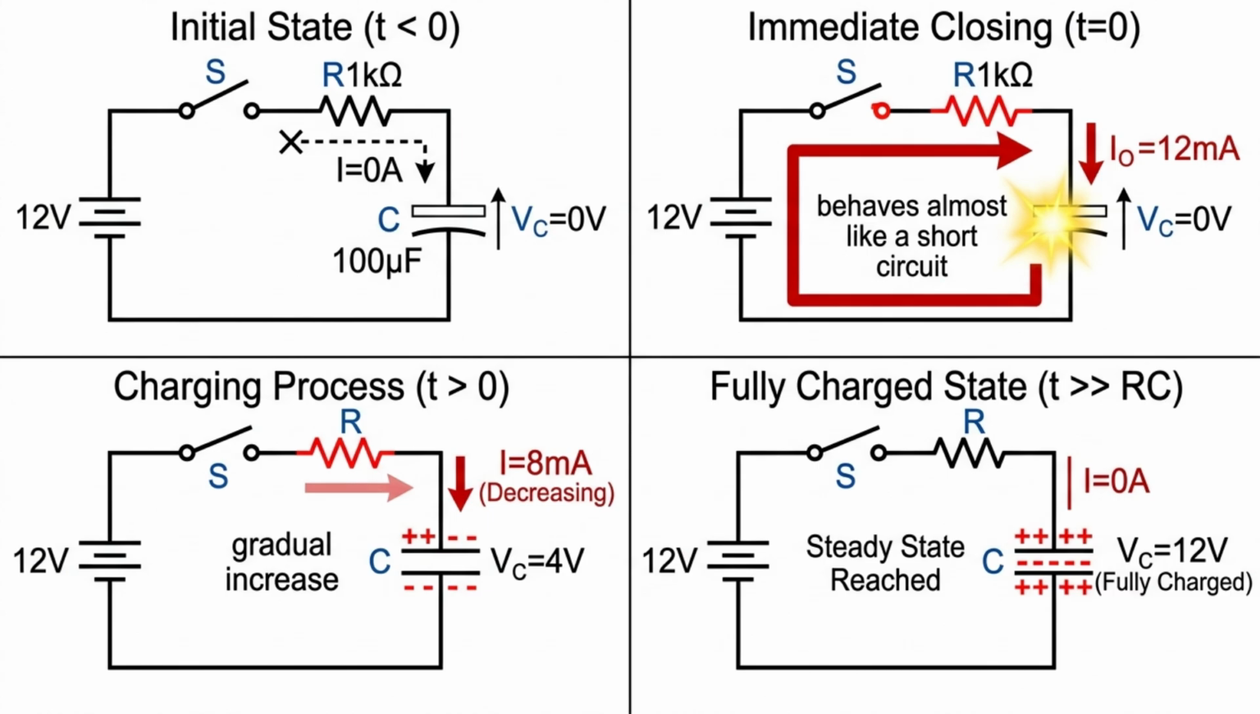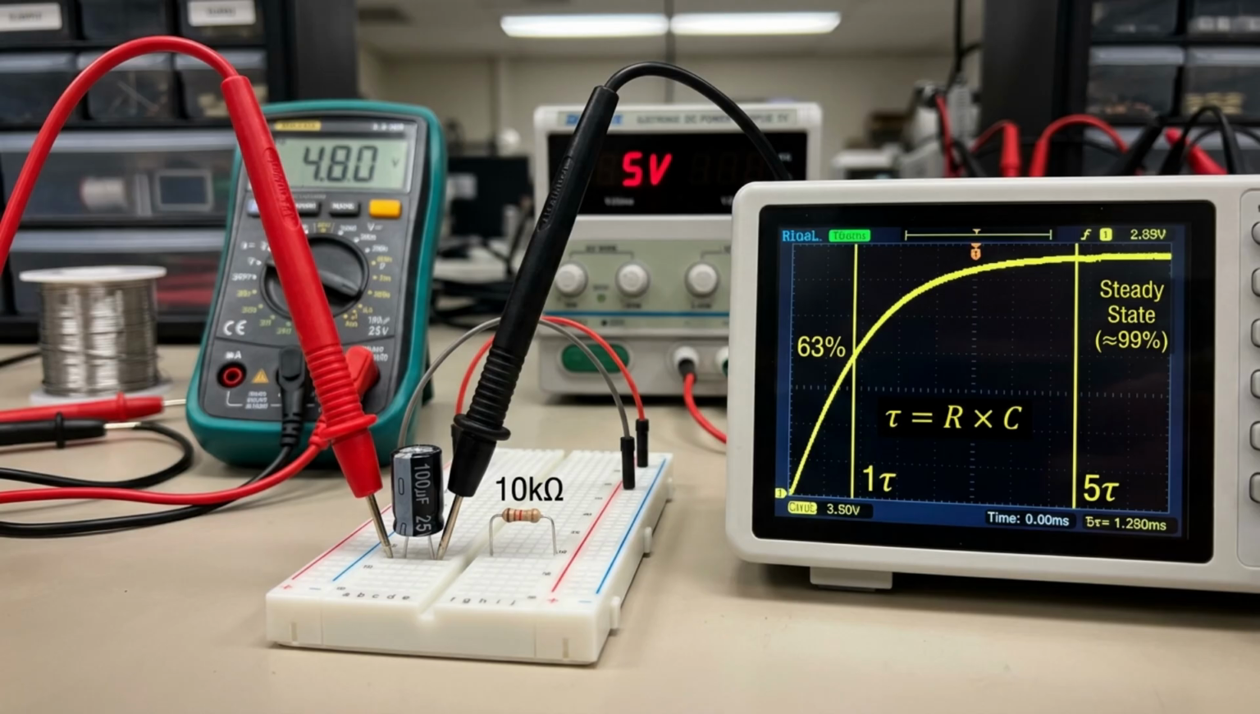When a voltage is applied to an RC circuit, the capacitor begins to charge through the resistor. At the initial moment, the capacitor behaves almost like a short circuit because its voltage is zero. As charge accumulates, the voltage across the capacitor increases gradually, while the charging current decreases over time. This process follows an exponential behavior governed by the time constant tau, defined as the product of resistance and capacitance. The time constant determines how quickly the capacitor charges or discharges. After about 5 time constants, the circuit is considered to be effectively in steady state, where the capacitor is nearly